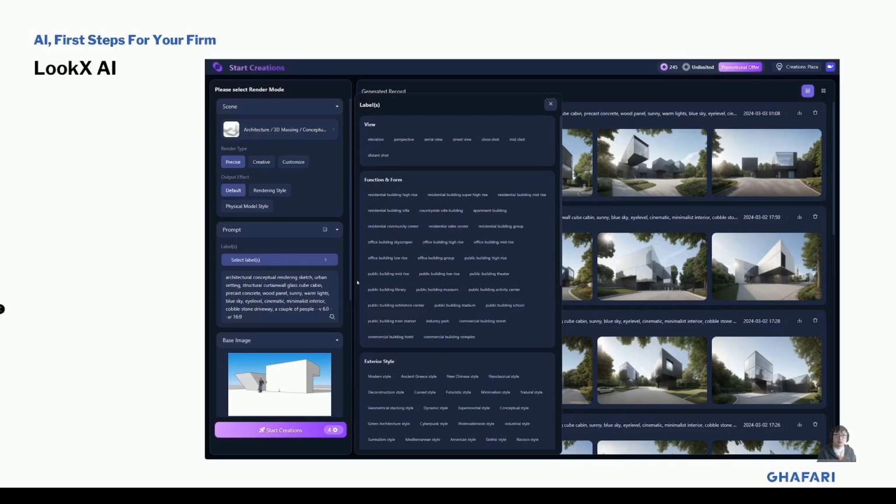They call them labels, that you could use so that you can fine tune your types of images accordingly. Effectively you can choose the type of project, the type of view, type of function, or type of geometry, the form, UX style making. You can apply any of these